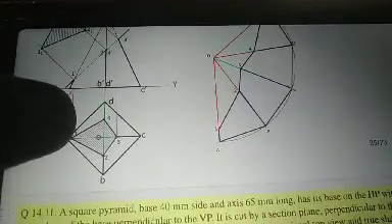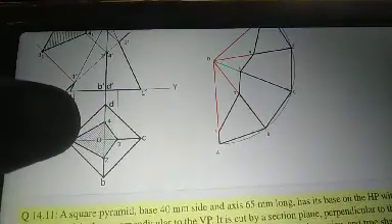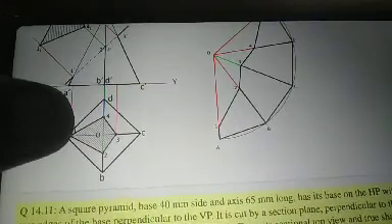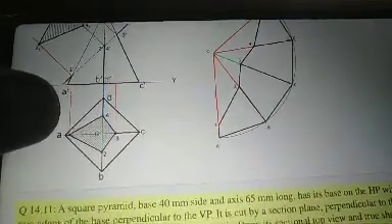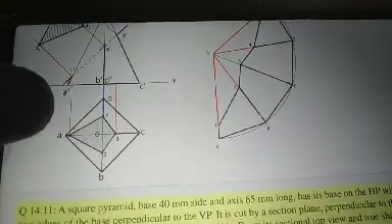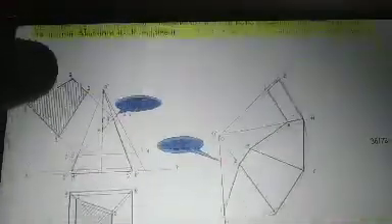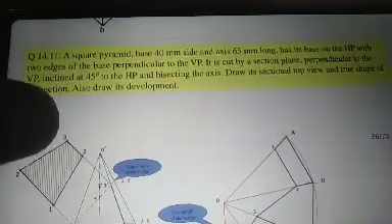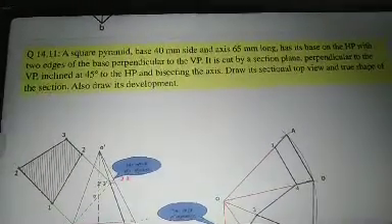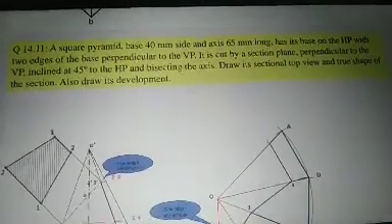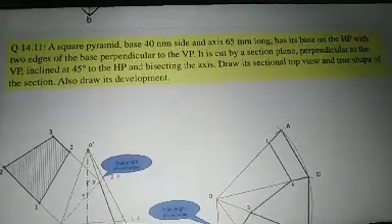Also draw the hatching lines in the top view, for clearly seeing the top view of that square pyramid. Now there is another problem of development of a square pyramid. The square pyramid of base side 40 mm and axis 65 mm long has its